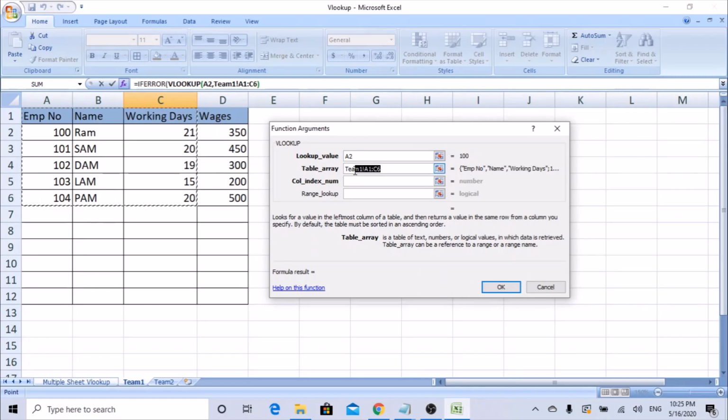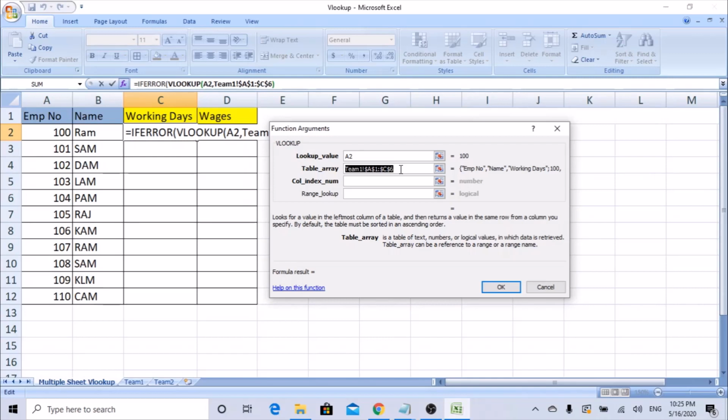We need to freeze this range. If you don't freeze the data, it doesn't pick the correct values, because if you copy the formula down, then the range also goes down. So on the safer side, freeze the cells. Column index is nothing but